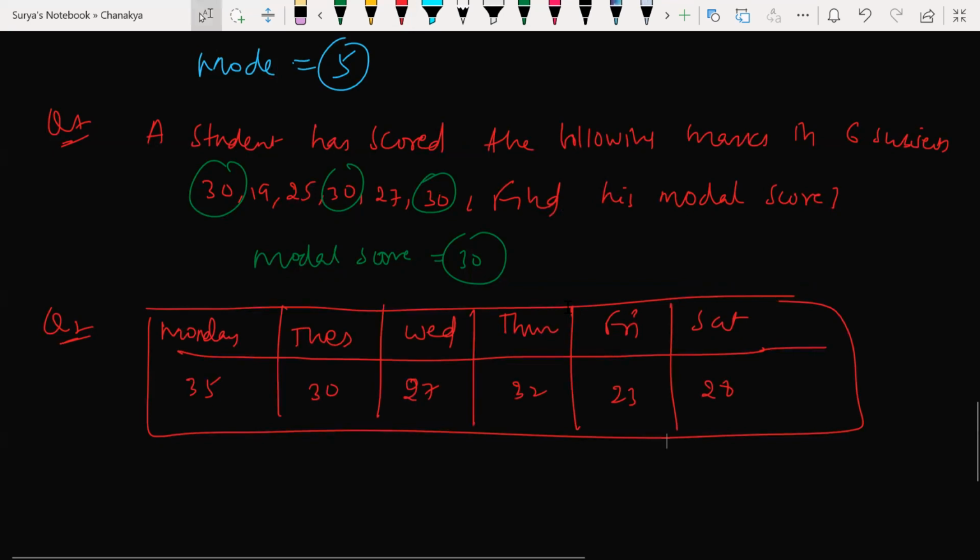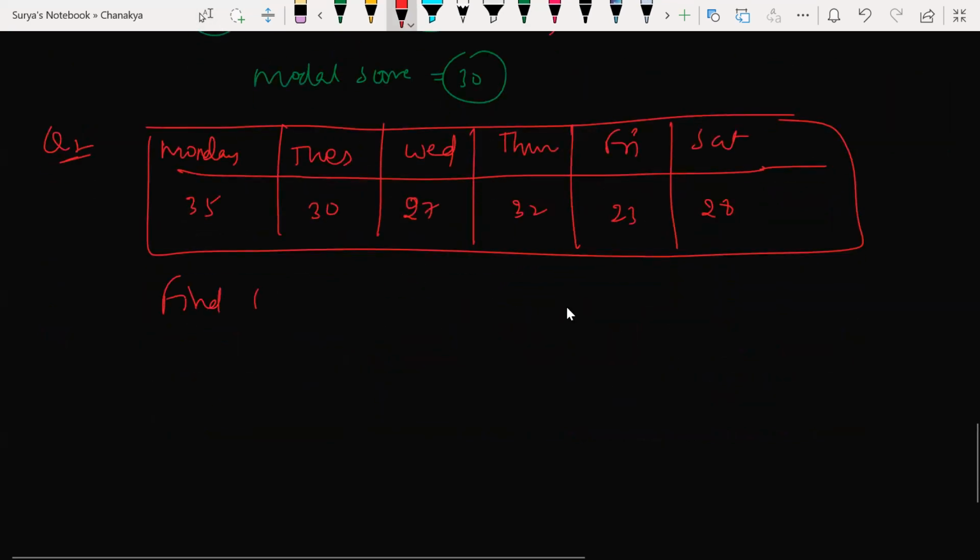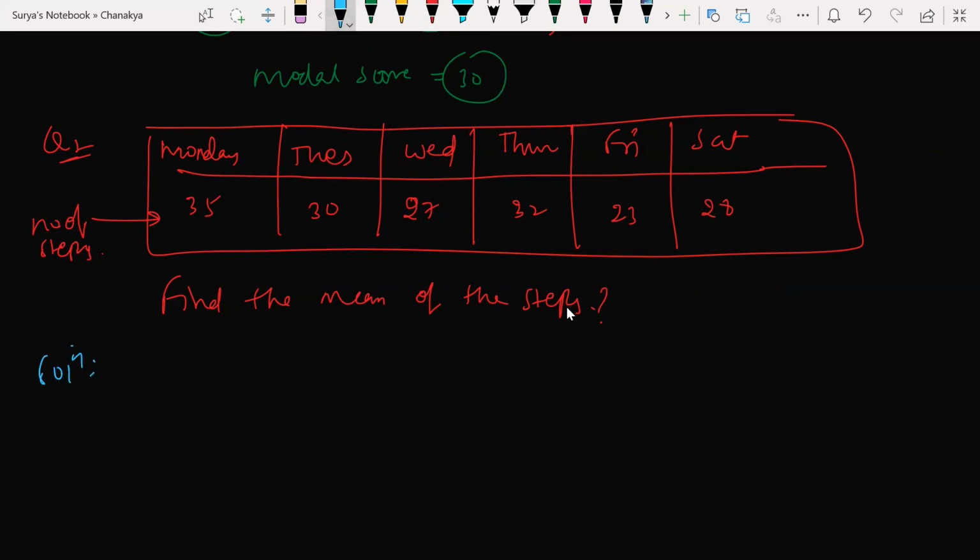Okay. What is the mean of these steps? Find the mean of the steps. How can you find it out? I'm writing somewhat fast, guys. Very, very simple. 65 plus 27, how much? 87.5? No, 175 divided by 1 2 3 4 5 6. Answer would be 6162.